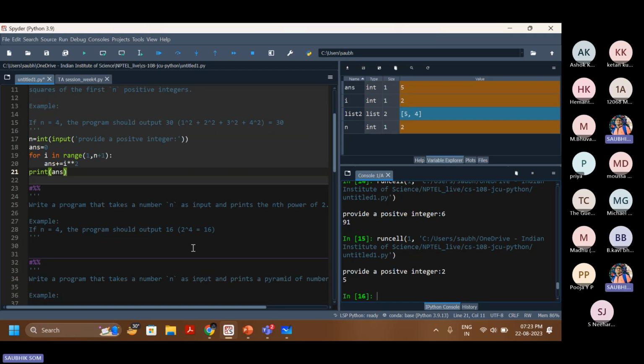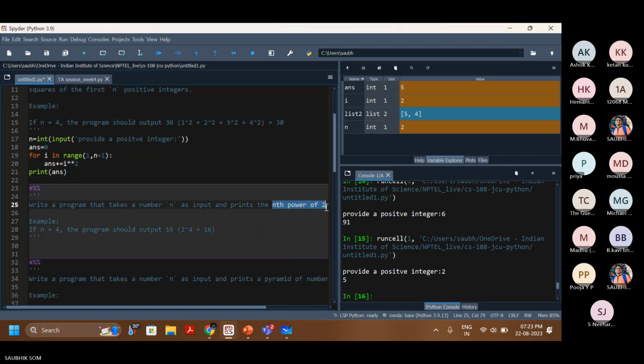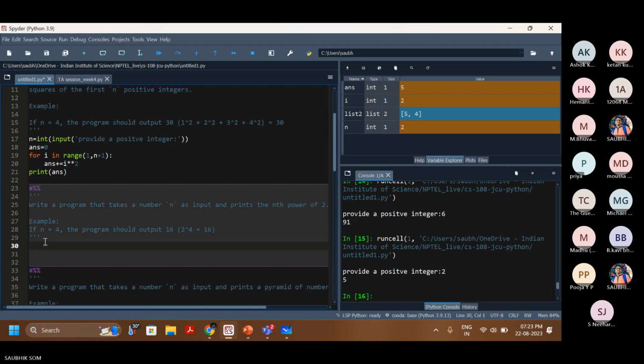This is also quite a simple one. Write a program that takes a number n as input and prints the nth power of 2. Okay. So for this one,